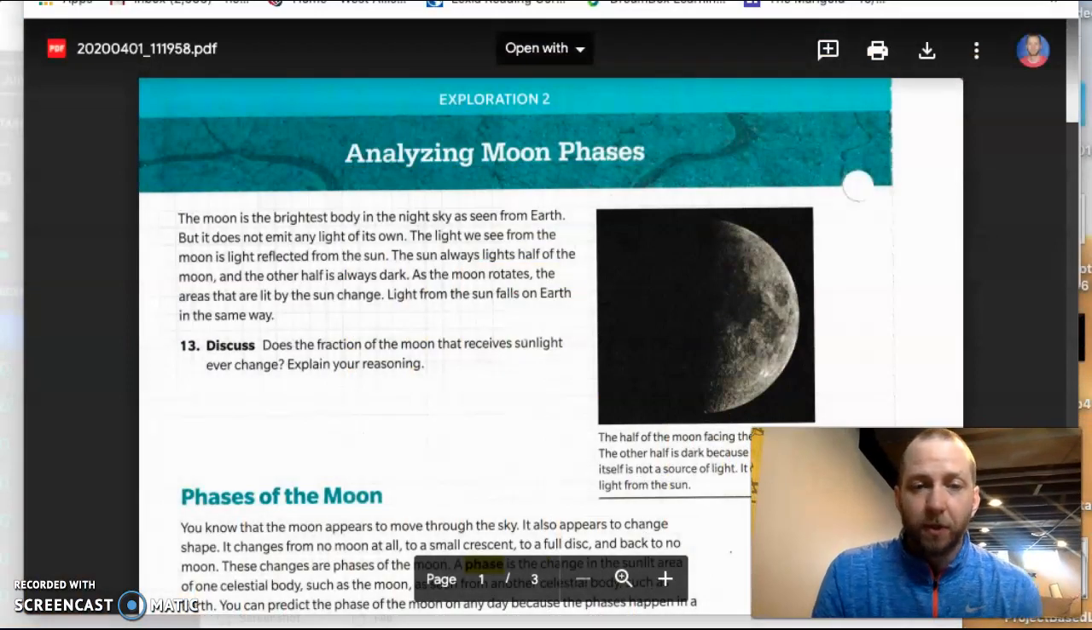I'm just going to switch views to this. So this is the session one reading for this week. So here we go. I'm not going to pause at all. I'll just go through and read it. This week's topic is about the moon, and this session one reading is about analyzing moon phases. So the moon is the brightest body in the night sky as seen from Earth, but it does